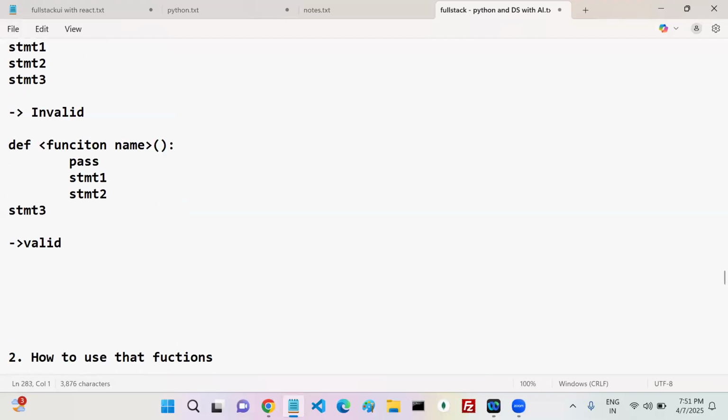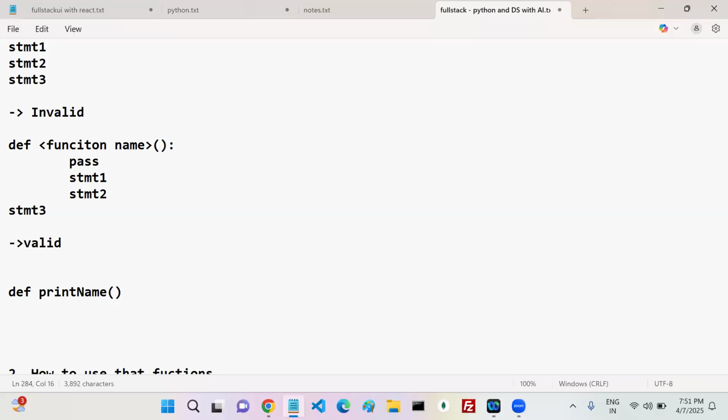Okay. So now you can write a function to print your name. So how can we write the function to print your name? Let's go. What is the keyword? Def is the keyword. Next, the function name. What is the function name? The function name should always represent the function. Print name. Next,